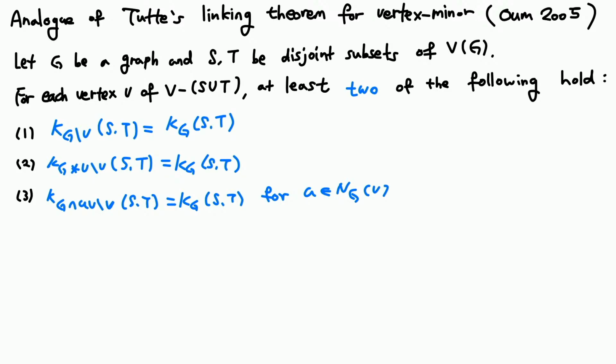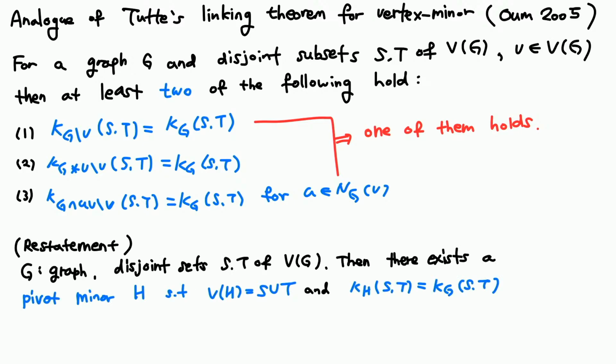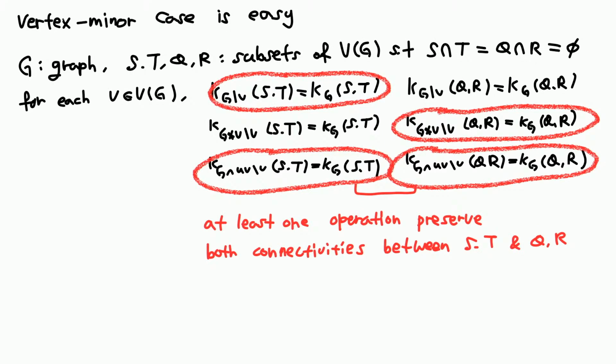This theorem says that given a graph G and disjoint subsets S and T, for each vertex outside S union T, at least 2 of the 3 vertex-minor operations can be removed while keeping the connectivity between S and T. So similarly, at least one of 1 and 3 holds, then you can recursively use this until we get a pivot minor H such that the whole vertex set is S union T and the connectivity is equal to that of G. So the actual intertwining version is exactly our result,